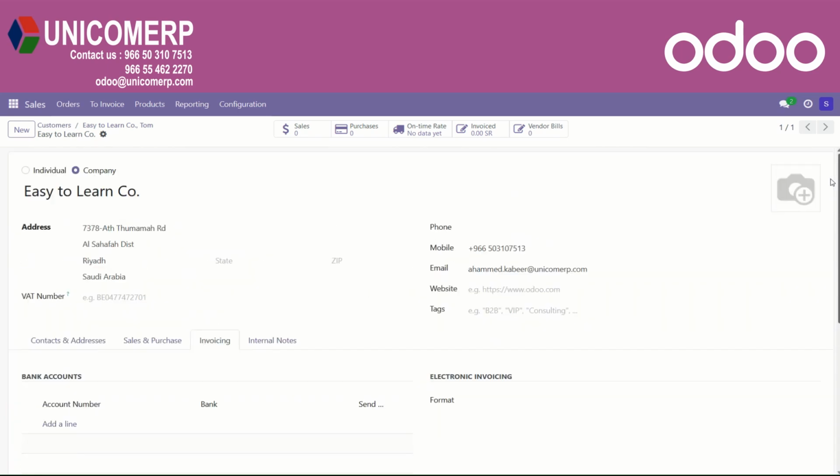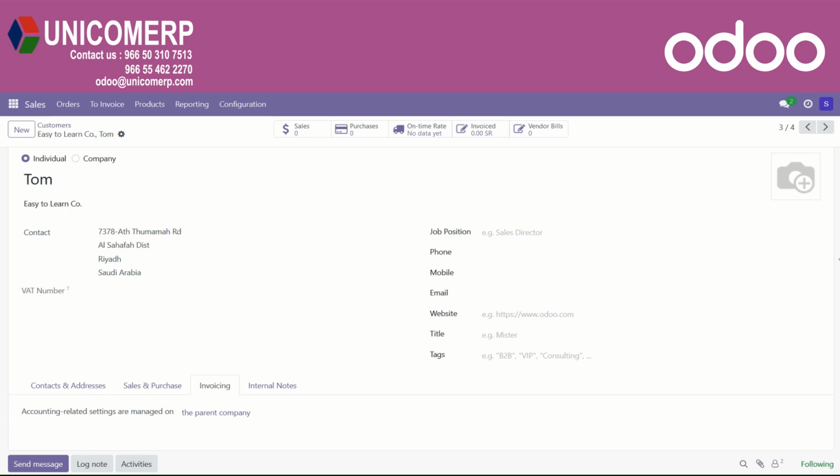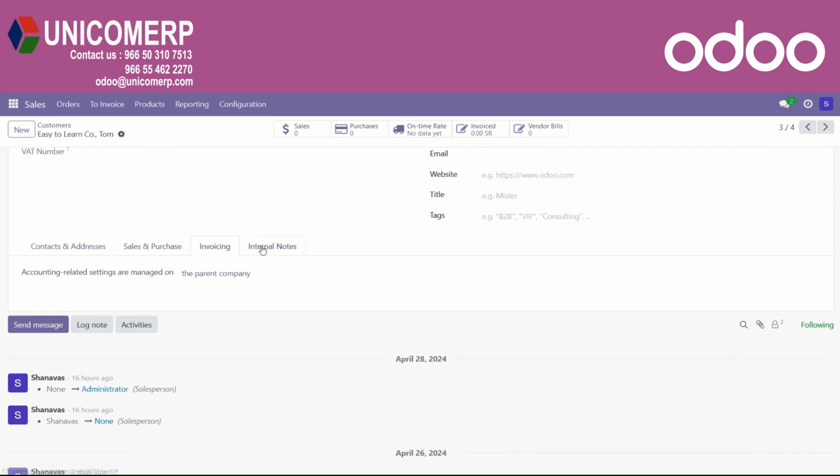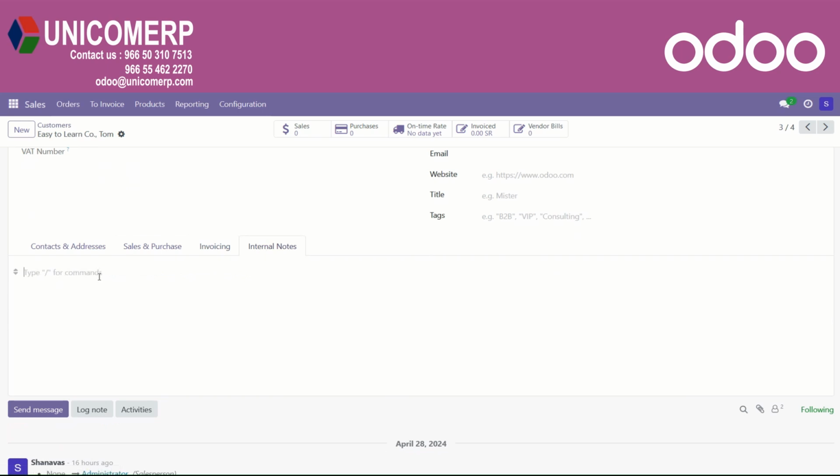So these account heads will be used when you are generating a sales invoice or purchase invoice. Now go back to the customer, so now we are in the invoicing section. Next, you have the internal notes, so if you want to write any internal notes, that can be written over here.